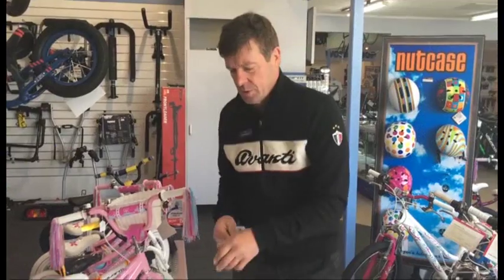A lot of kindergartens have them, and a lot of children have them as their very first. Instead of a trike, they'll have a balance bike, but they just scoot along on them. Basically, it's still got two wheels like a normal bike, but just doesn't have the pedal cranks, so they go along the footpath okay. The New Zealand Transport Agency and the Ministry of Transport are waiting for a research project